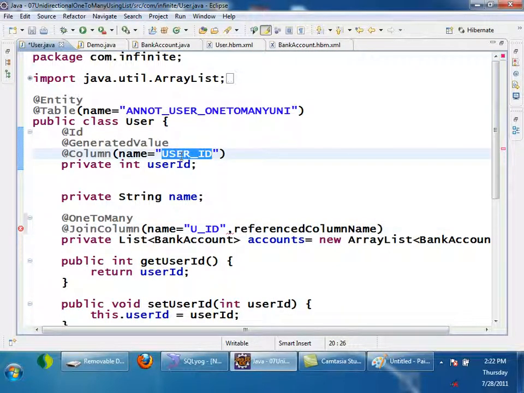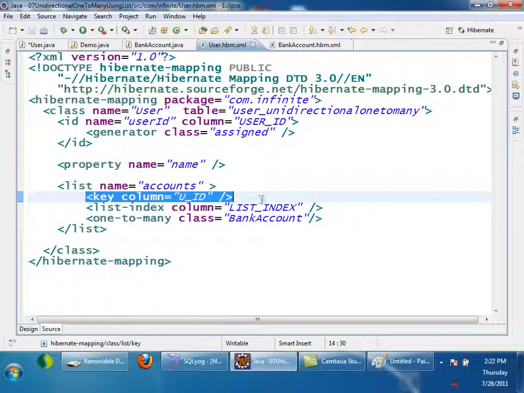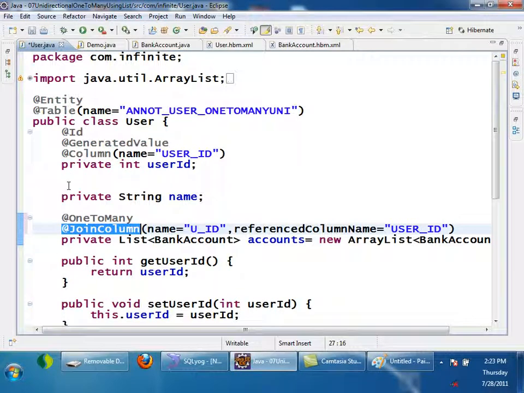It should be the same as the primary key of this table. So by using the JoinColumn annotation, we always specify the foreign key. JoinColumn annotation in annotations is equivalent to the key tag, always remember. In XML, the key tag always represents the foreign key. In annotation, the JoinColumn annotation represents the foreign key.